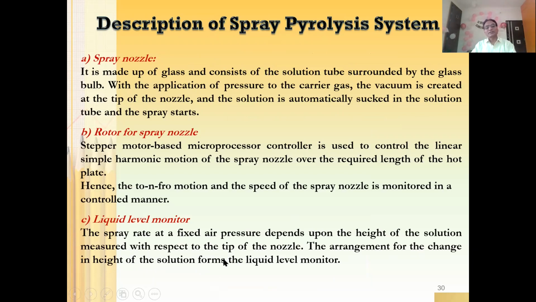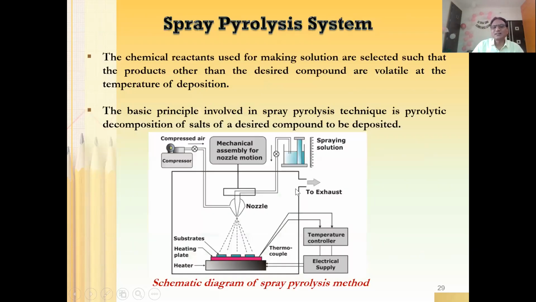तो liquid monitor की important क्या है? उसका level. Because if the level is beyond a certain limit, it is not going to spray, and the liquid is not going to be coated. It will be difficult for you to transfer the liquid sample to the nozzle, right? Because that is very, very important.